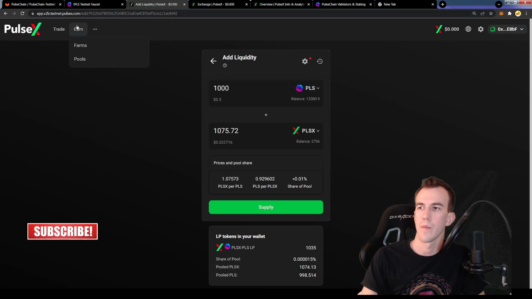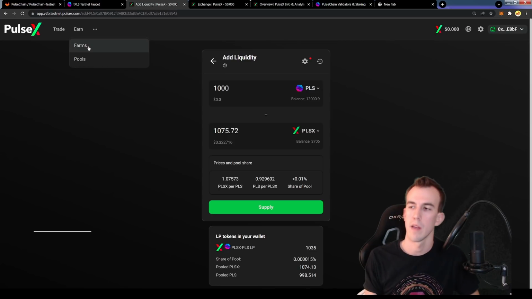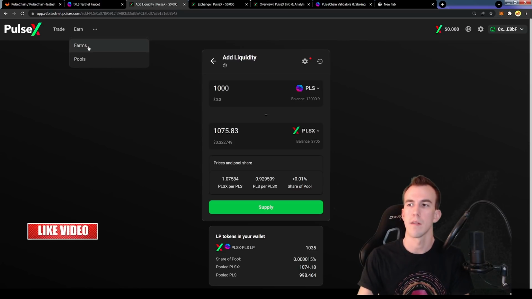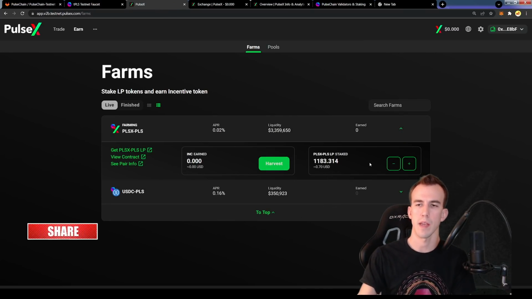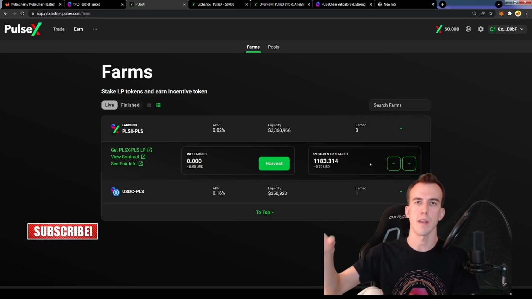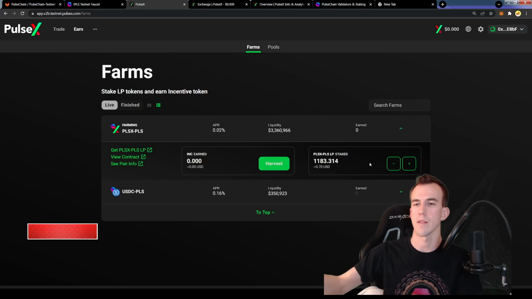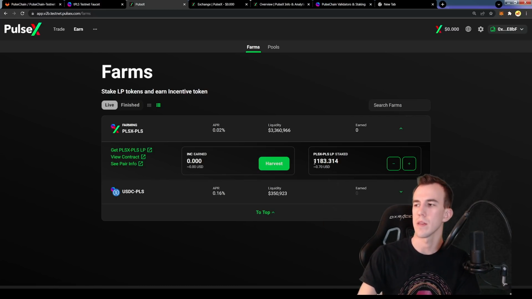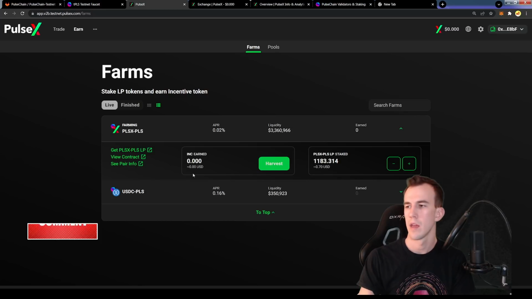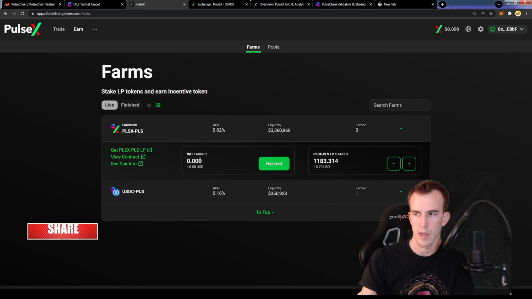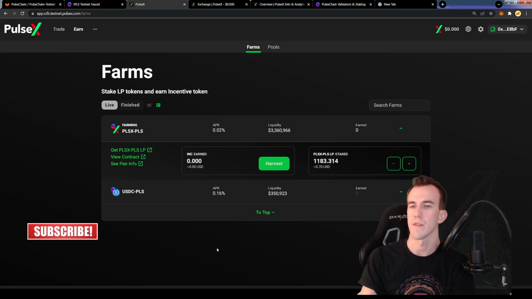So that's just the first part of providing liquidity. If I just stopped there, I would earn fees from people trading in and out of that pair. Now, if you want to earn the incentive token on top of that, you go to farms, and over here it's going to say enable. You have to enable the contract to allow you to start adding liquidity. I've already added some LP to this earlier, so that's why it looks like this. I can already harvest my INC token, my incentive token. It's such a low amount that they don't even show that many zeros, which is fine.